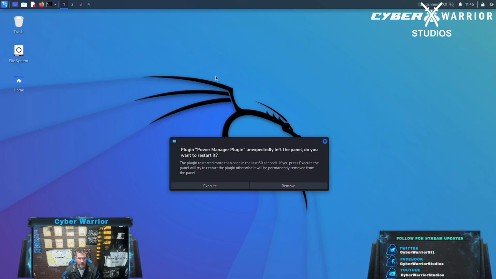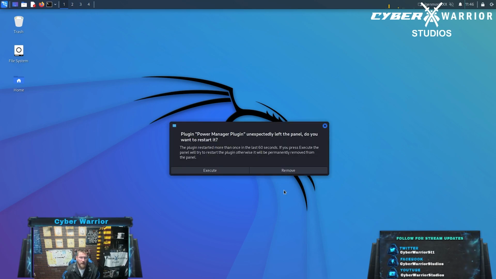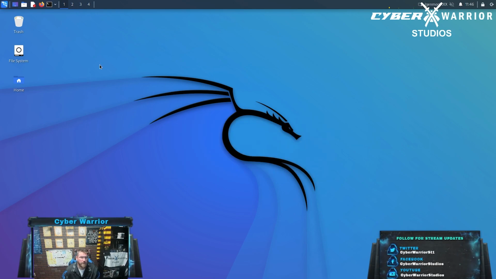So now you can see it actually started up and it took over one of my other monitors, so I had to switch the screen real quick. Plugin Power Manager plugin unexpectedly left the panel. Do you want to restart it? Sure. All right, we'll remove it. And then now that we're here,